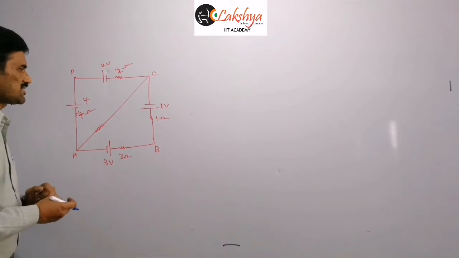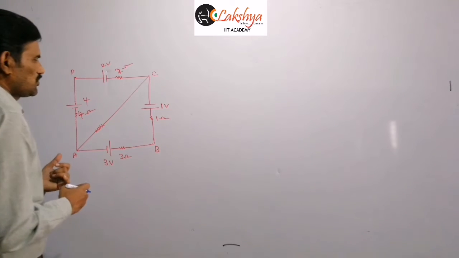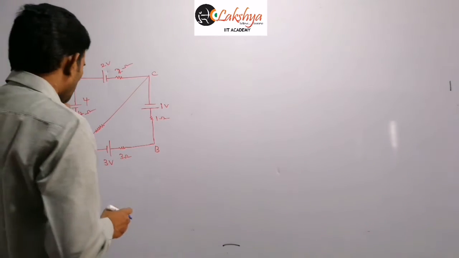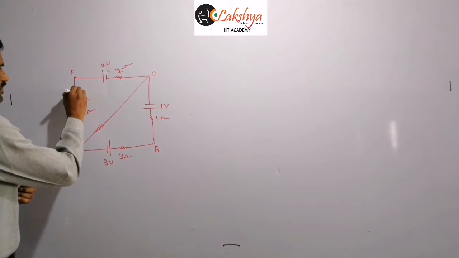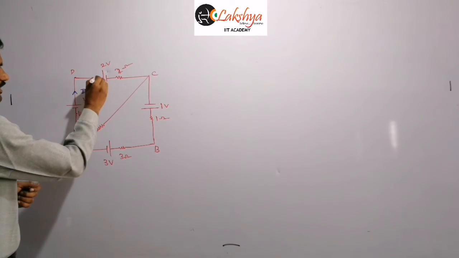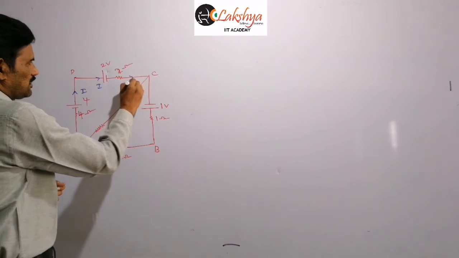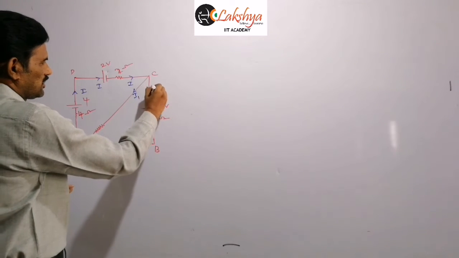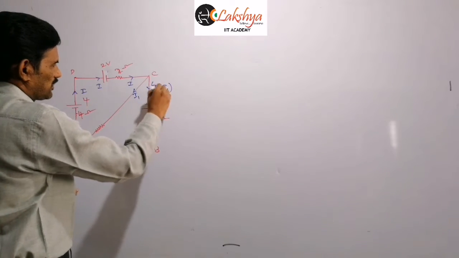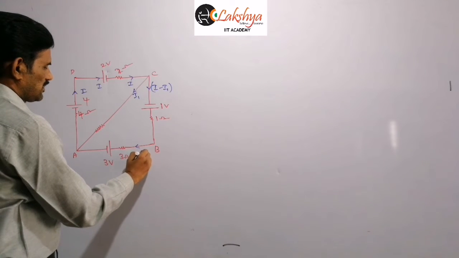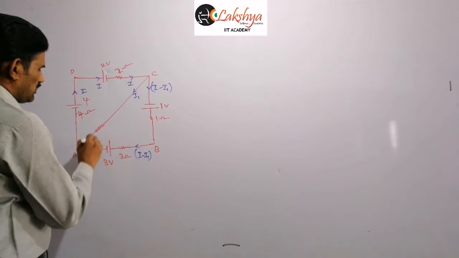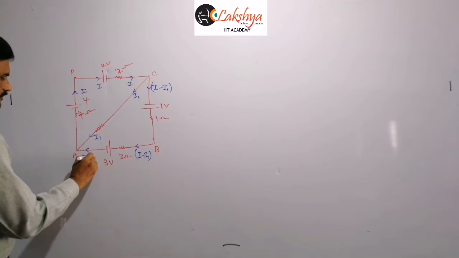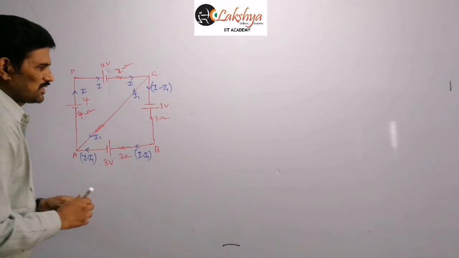And so now here we need to take some current distribution here, and we know taking the current distribution is purely our choice. You can take in any direction here, right? And so now here I am starting from here. I am taking the current I flowing here. So then this is the I flowing here, and out of this I am taking this I1 as the current flowing along this direction. Then remaining current I minus I1 will be flowing along this, right? And so this current will be I minus I1, and this I1 and I minus I1 will be adding together, and so you will get the total current I. So right, it is a simple current distribution here.